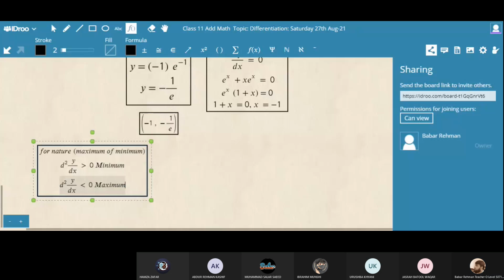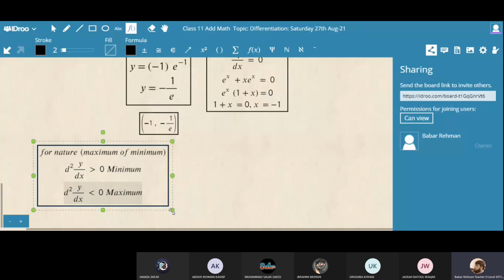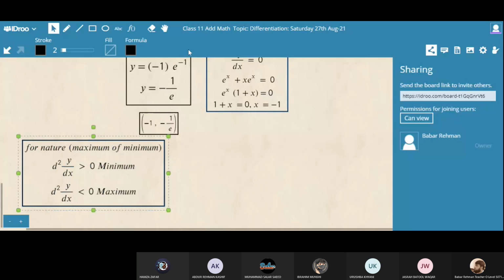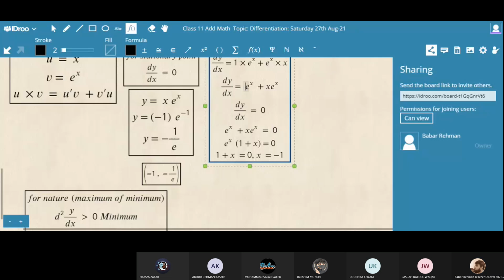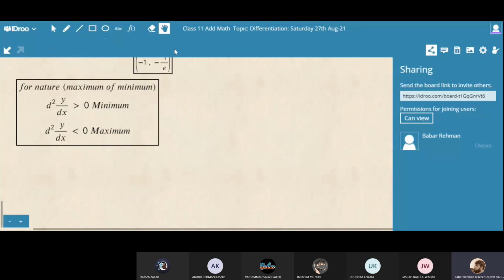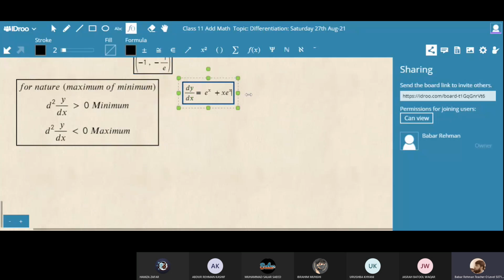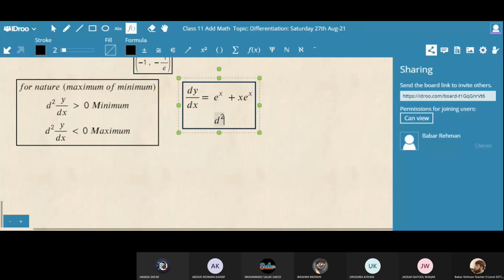Now student, you have the derivative of this function, this is the single derivative. Okay, now I will paste it over here. Now I will find the double derivative, meaning the derivative of the derivative. So d square y divided by dx square. You can also write d square y upon d x square in the numerator form, it's the same thing.